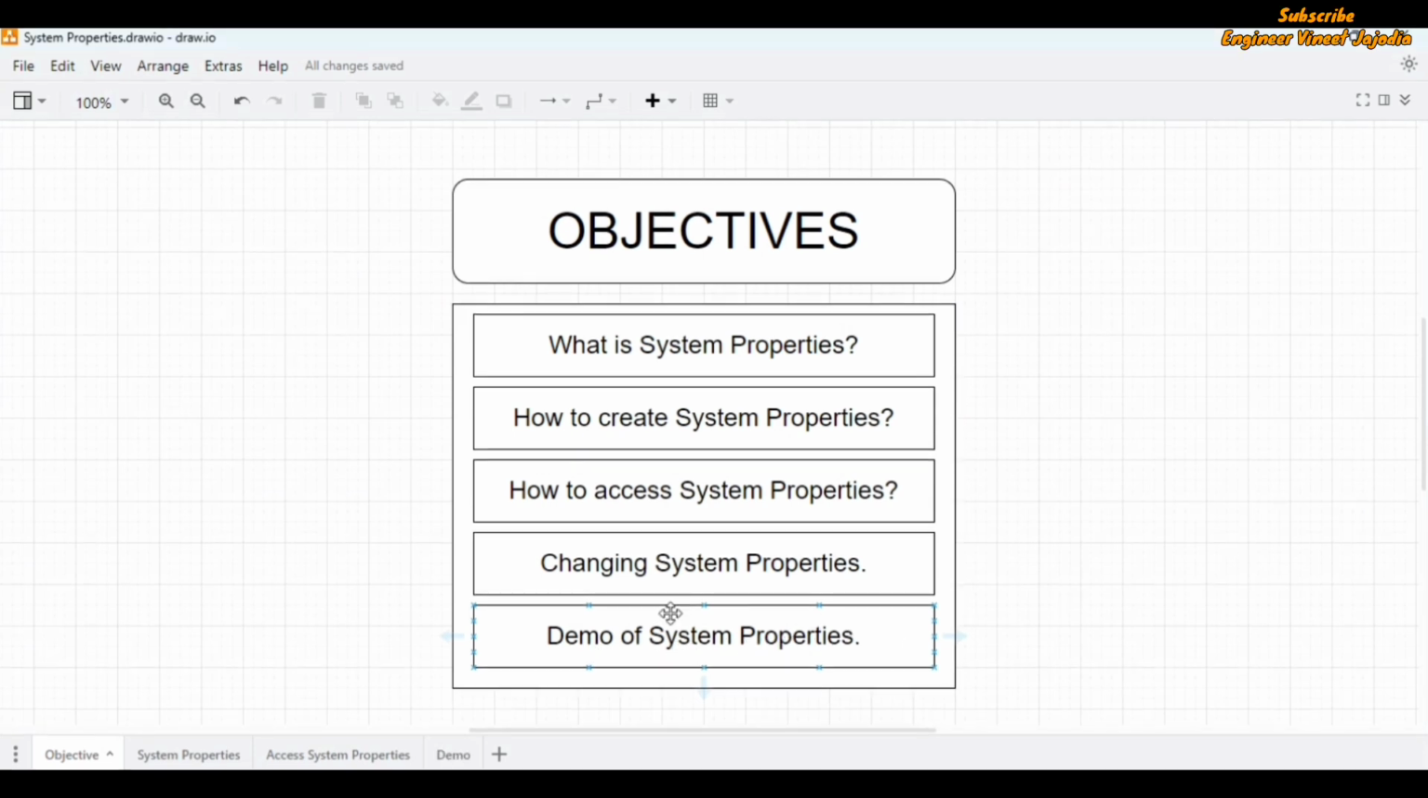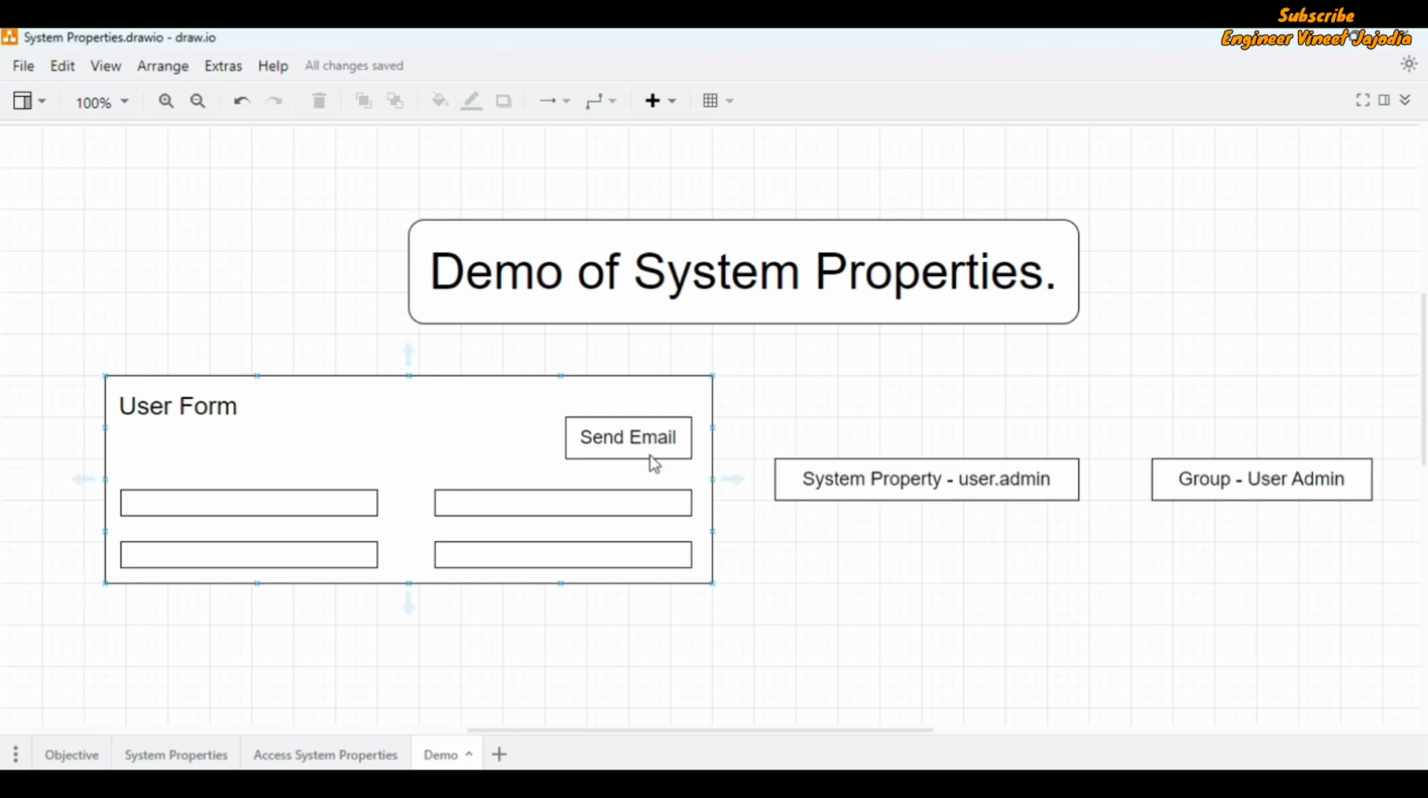In the demo, what we are going to do is that we are going to create a UI action which will be called send email on user form, and this UI action will be visible to members of group user admin. So we are going to create a group that will be called user admin. Okay, and with the help of user.admin system property that we are going to create, we are going to put validation on this UI action that only members of user admin group will be able to see this UI action. Okay, now let us open ServiceNow instance,